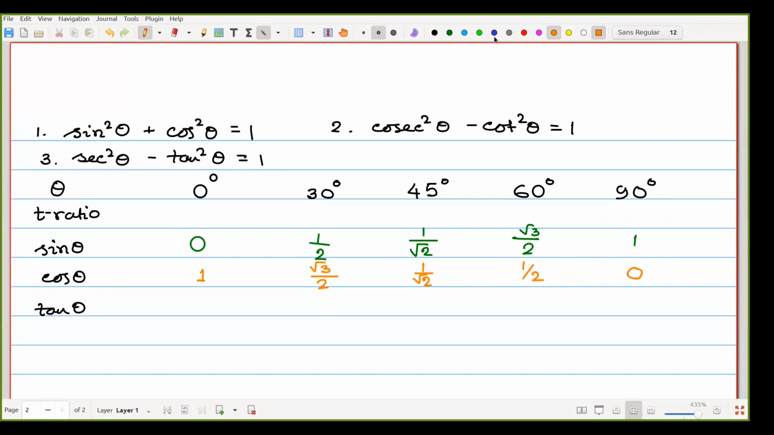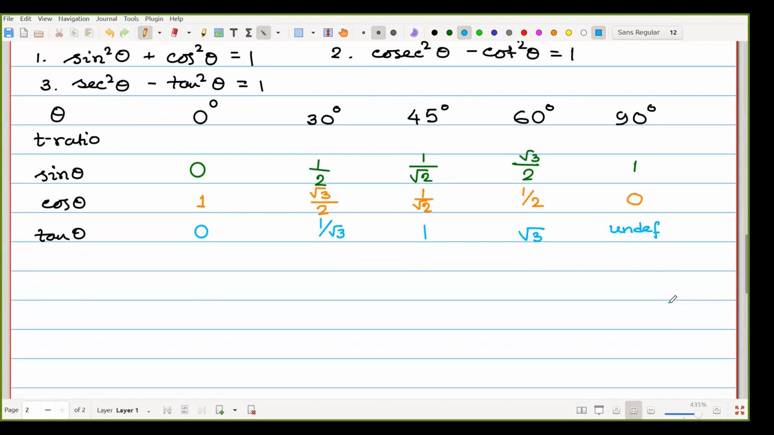is equal to 0. Last one, tan theta, that means tan 0 degree is equal to 0, tan 30 degree 1 by root 3, tan 45 degree 1, tan 60 degree root 3, and we have to remember tan 90 degree, that is undefined or not defined, not infinity, that is undefined. Next, some formulas